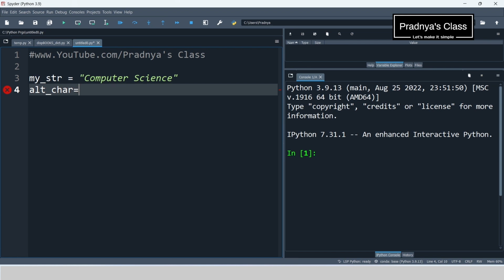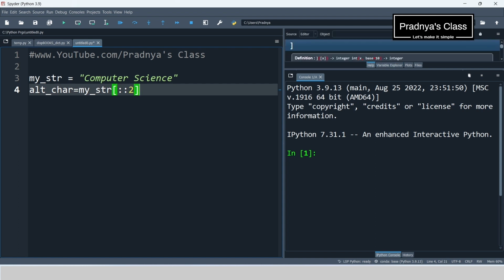That we will be storing in a new variable. We will be writing the name of the string on which we are applying slicing. From the given output, it is clear that we are scanning the whole string. That's why we will be skipping the starting part and the ending part too. And the third part is the step part. For that we will be writing 2. We know that in case of step we don't include the upper limit. So the step will be 1. Means we will be skipping the alternate characters from the string.